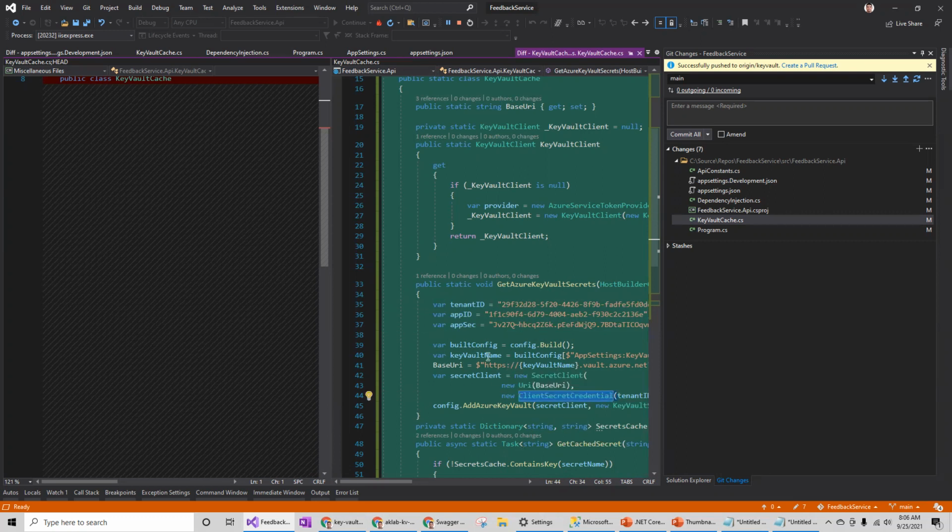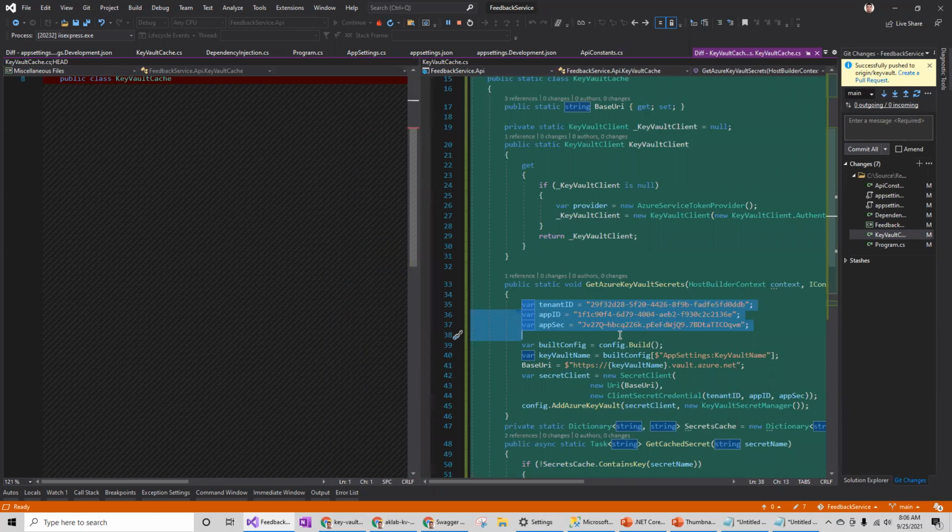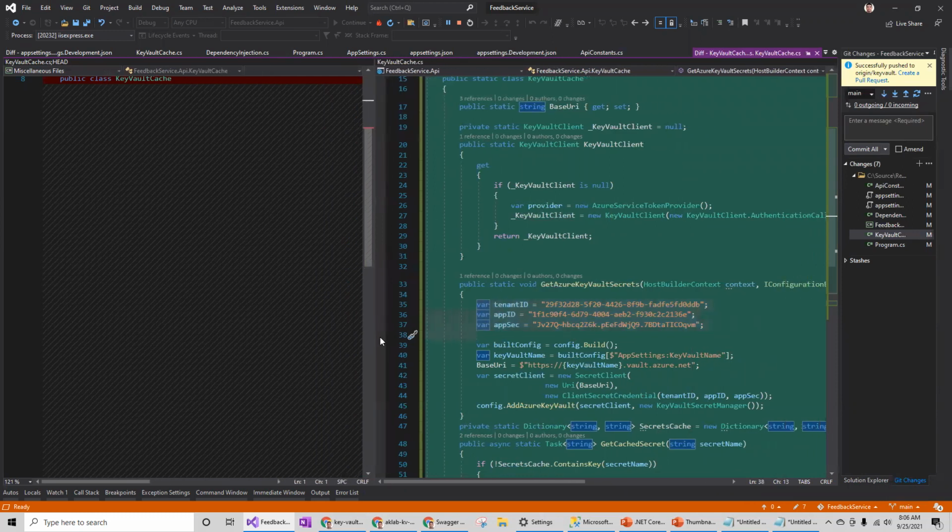I've explained you can refactor this code. It's okay to have this code for the local, but not for the server. So in the server, we are not going to have any client credentials in the code. So we have to enable the managed identity in the Azure App Service, and then give the managed identity's service principal name access in the Key Vault, just like we are giving access to this registered app in the Key Vault.